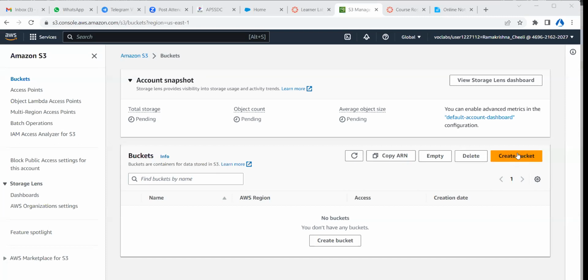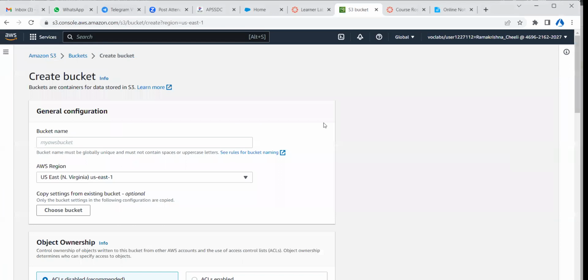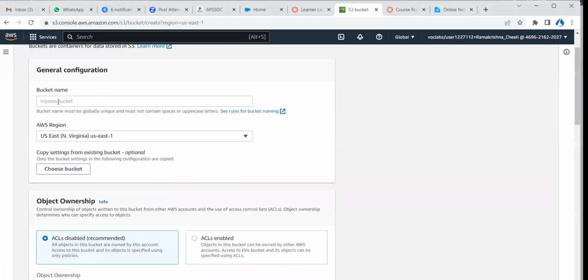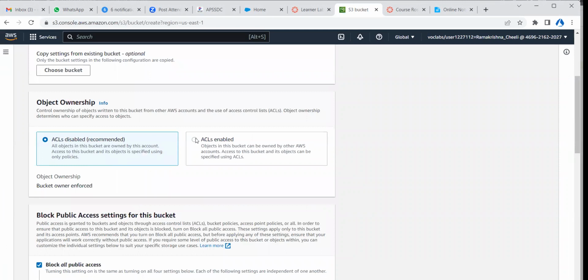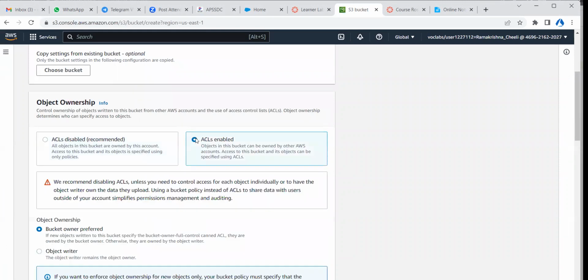Create a bucket. Give the bucket name. The bucket name must and should be unique. And give the object ownership. Let's enable the ACL